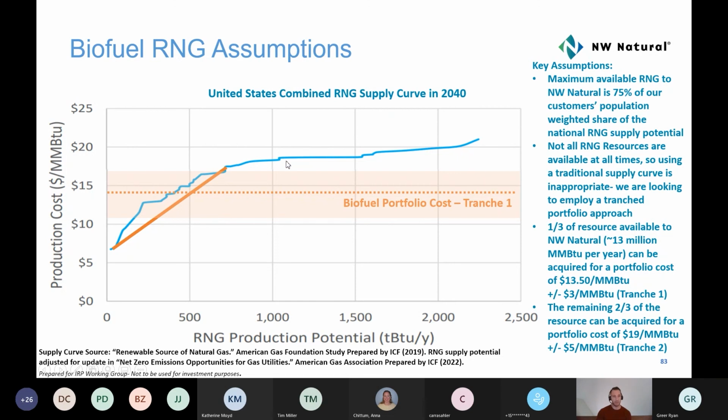And then as we move up later on in time, you get some of those more expensive resources. If you remember back to the presentation from ICF, these might be associated with certain types of feedstocks like landfills and wastewater treatment plants and animal waste, where this could be biomass gasification, some of potentially food crops. Longer term, of course, so we want to generally get this stuff first, and then that's around $19 and a